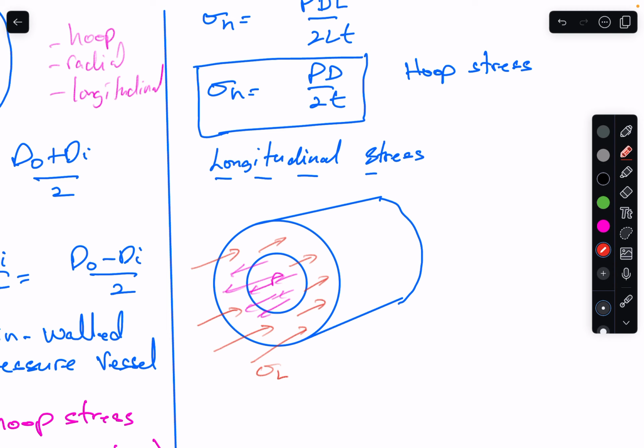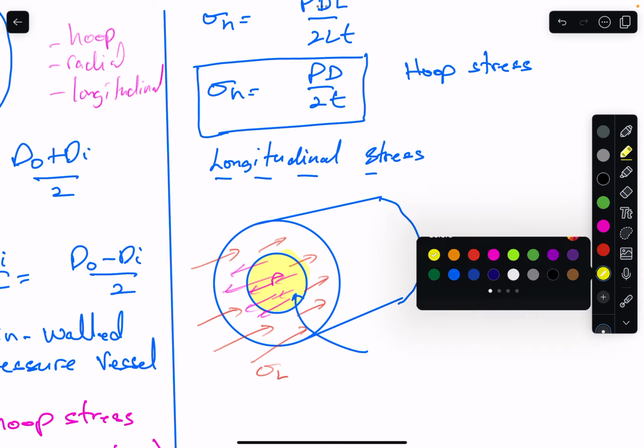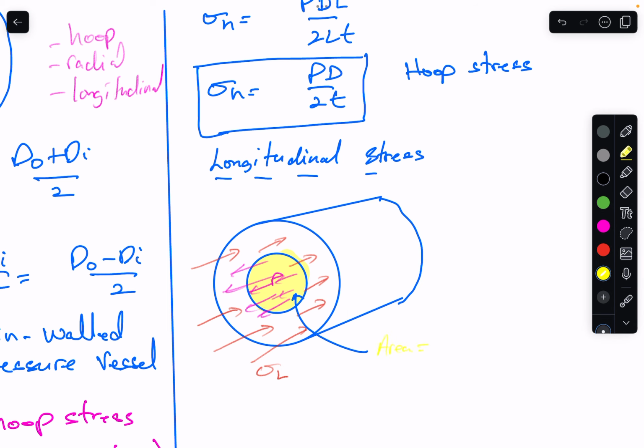So the area in which this thing is being acted on, so this area here where the pressure is being acted on, would be pi d squared on 4. And then this area now, in the material, in which that stress is being applied, that area would be